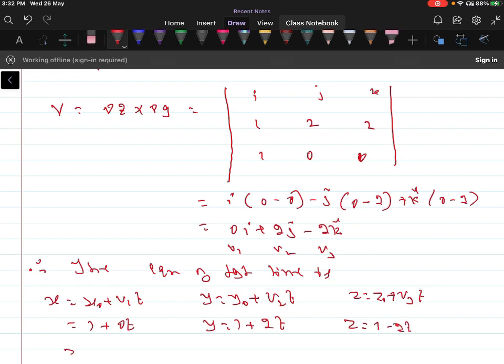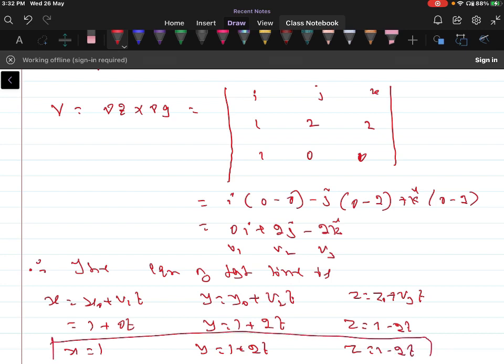So this implies x is equal to 1, y is equal to 1 plus 2t and z is equal to 1 minus 2t. So this is the equation of the tangent line, where